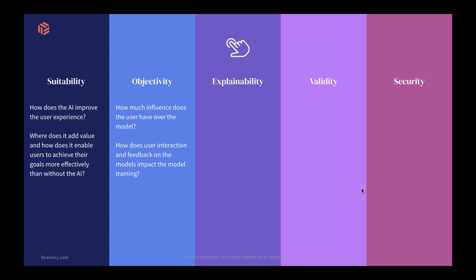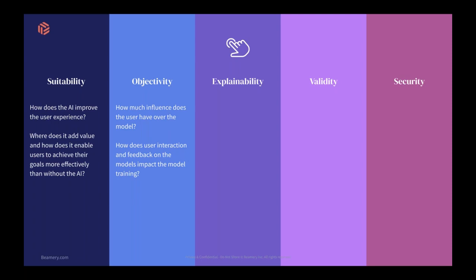On objectivity, how much influence does the user have over the model? So some vendors will say that you have the ability to influence the model so that we take in human input. The slight problem with that is that if a human starts to meddle with some of the data and some of the models, then it can lose some of the objectivity, because as humans, as amazing as we are, there are inherent biases within us. So if there is a level of tweaking that we can do to the model via the UI that can then change the way the model behaves, then we are taking in that person's biases into the model. So understanding where that line is drawn from the vendor side is important,